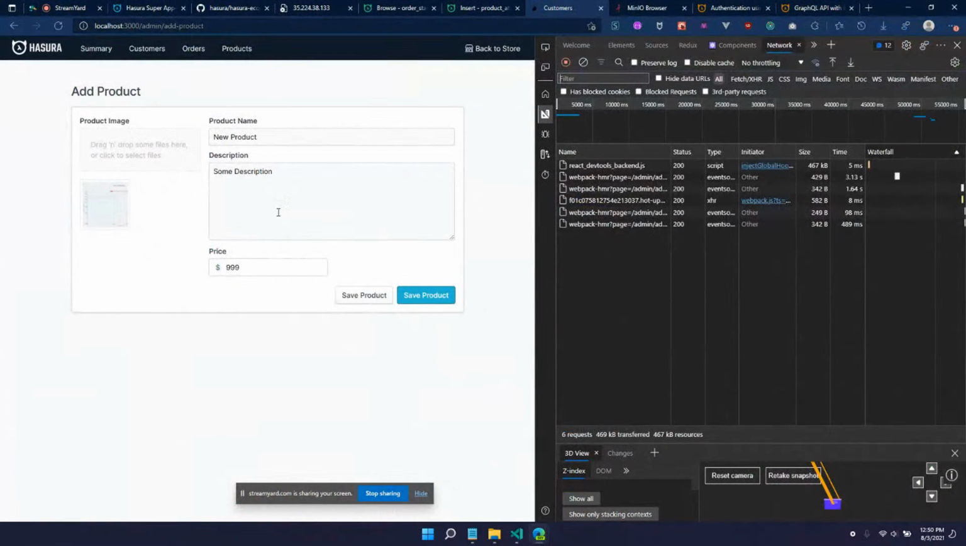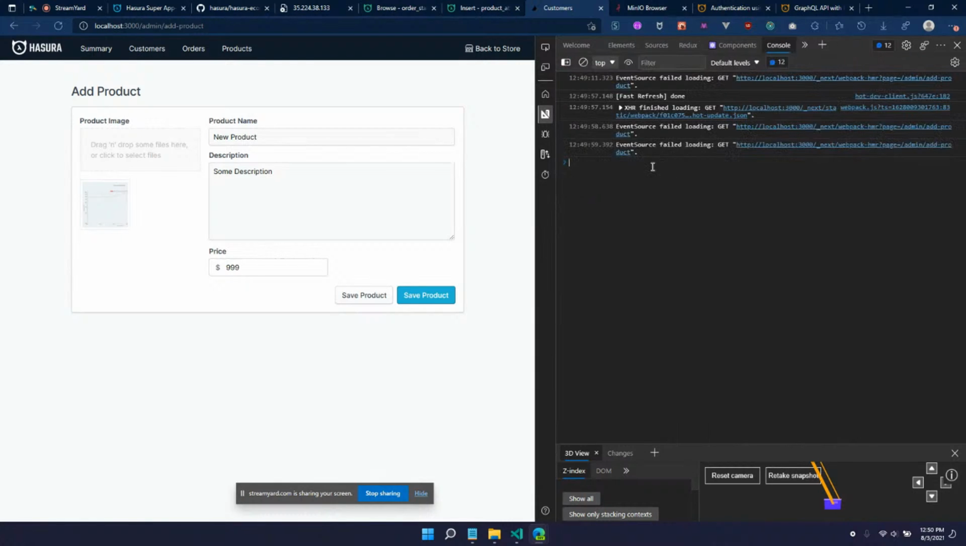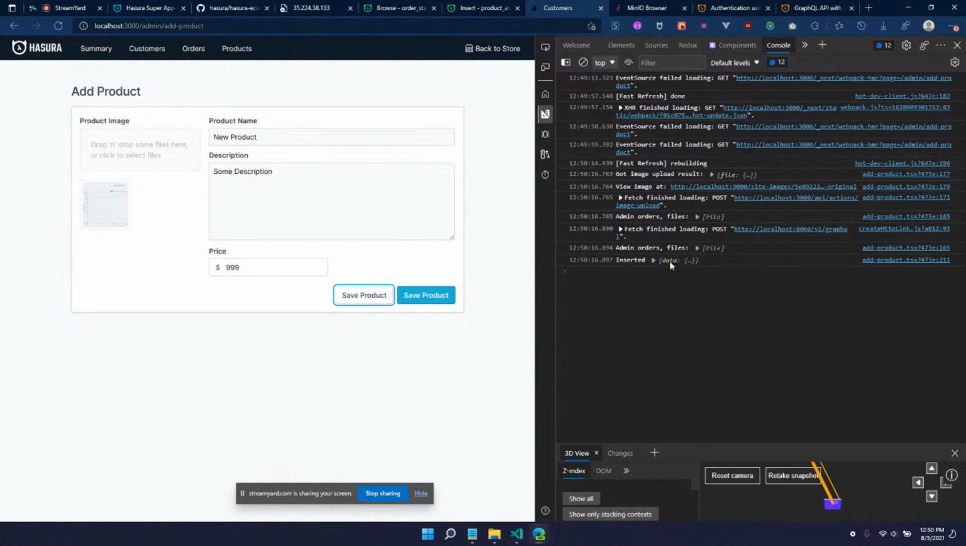So let's see how our luck is. We will click save product. And what do we get? Console. No. Oh, that's the wrong save product button. They're both called save products. Okay, sweet. So now we have